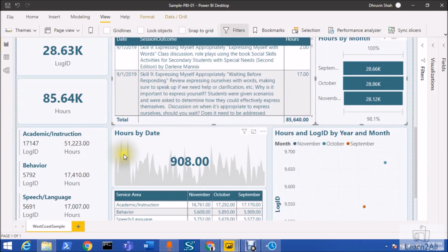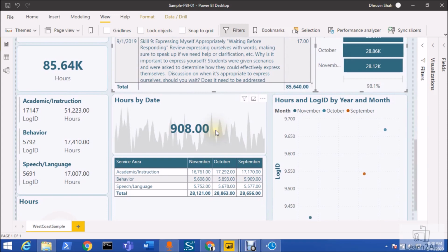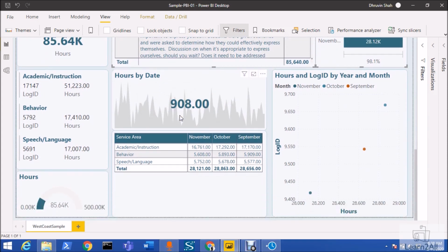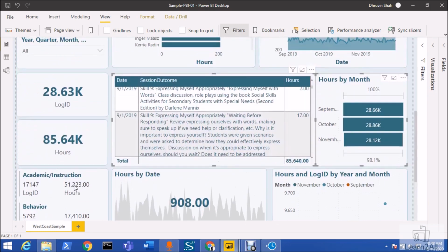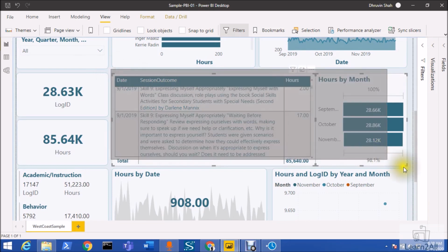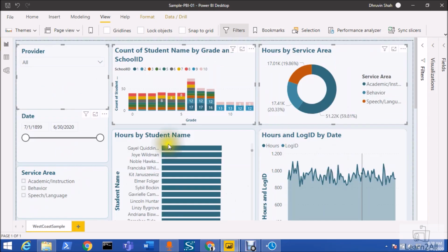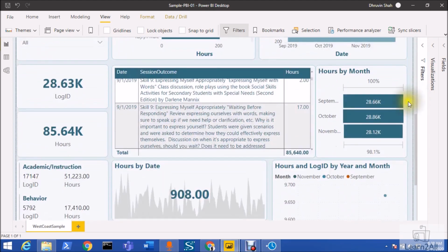Also, let's say for example, with this you want to select a specific visual over here. Press the Ctrl key and select the visual. That visual has also been selected. Now let's say you do not want this visual as a part of the rectangular lasso, so just press the Ctrl key and select that section again over here. This will be deselected. You can see that this section has been deselected.